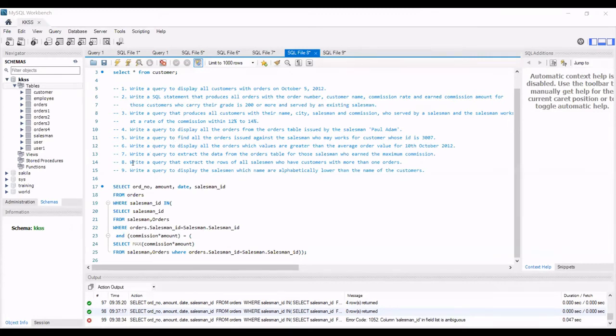Yeah, the next question is we have to write a query to extract the rows of all the salesmen who have a customer with more than one order. We need to check how many customers have more than one order and who their salesman is, and then extract all the records for that. So it's like